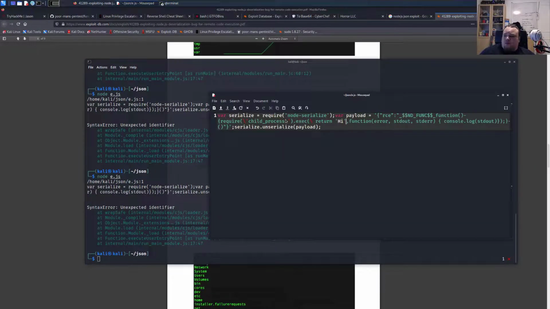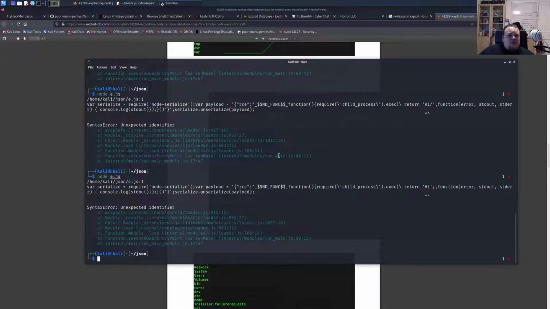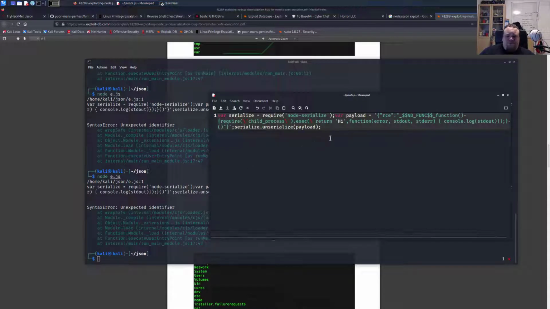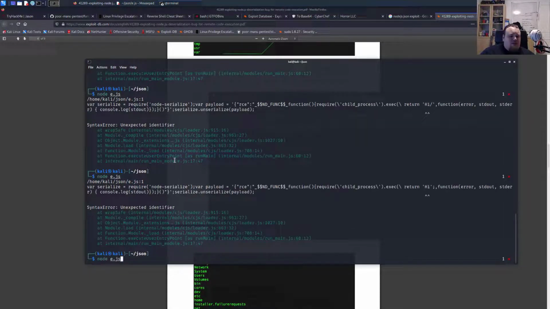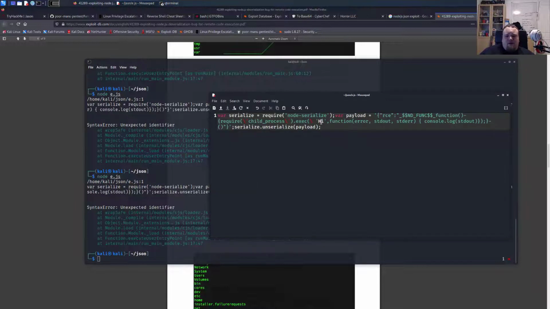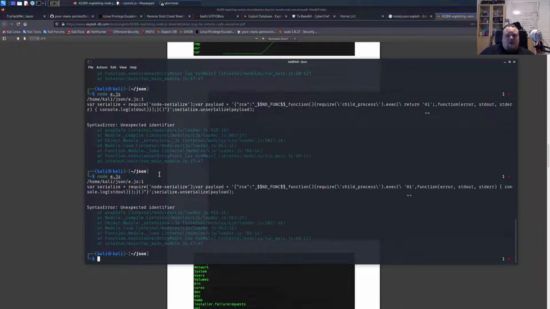Nope. What's wrong with this? Does say, let's just take this, execute that, you know, it's going to do nothing. ls command is